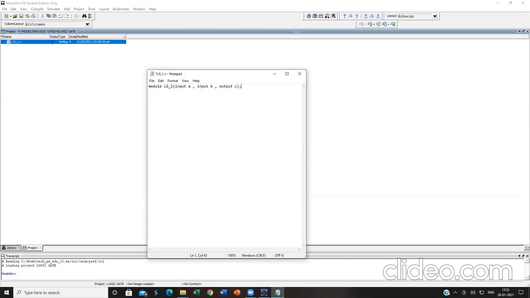Module LG_1 is the name of the Verilog file you have created. Within the parentheses, you mention the inputs and outputs of the gate. These are all called 1 bit input and 1 bit output.